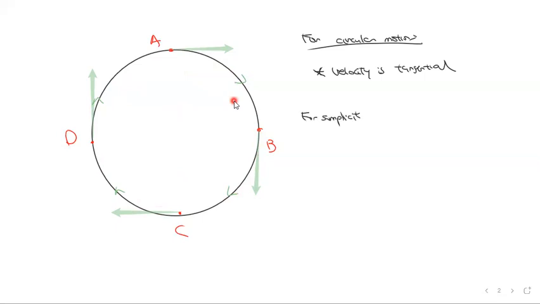For simplicity, assume speed is constant. So we're not moving faster or slower as we go around the circle. We're going to go at the same speed. Now, is the velocity the same as you go around the circle? No, it's not. Why not? The direction is different. Exactly. Even though the speed is unchanging,